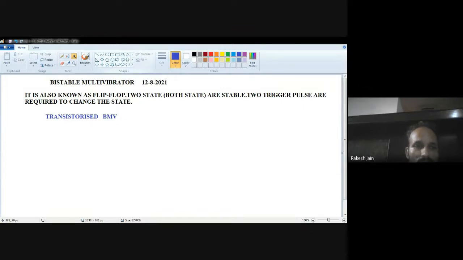Transistorized bistable multivibrator. Like in the monostable and astable multivibrators, here also two transistors in common emitter configuration are used, because trigger pulses are applied at the base terminal. So two trigger pulses via two capacitors C3 and C4 we will apply. The coupling is done such that the base of the first is connected with the collector of the second via a parallel combination of resistor and capacitor. Similarly, the second one is connected via a parallel combination of resistor and capacitor. Just see this diagram very carefully.